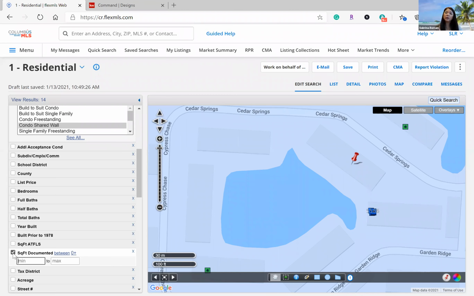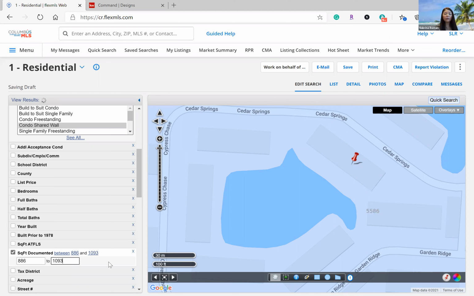Because you want to give 10% down and 10% up of the square footage. So 984 times 0.9, the square footage minimum will be 885 or 886. Put it this way, 886, and then the maximum is